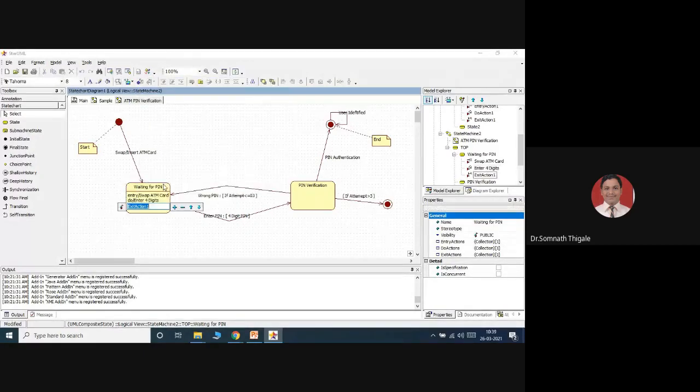Add exit action. Exit action will be click or submit. Simply for understanding, click on the submit option. So this is with reference to an activity or a state.